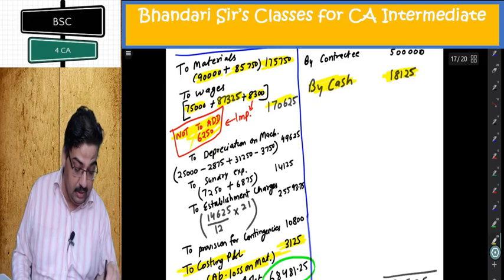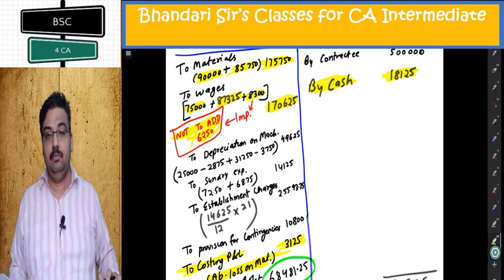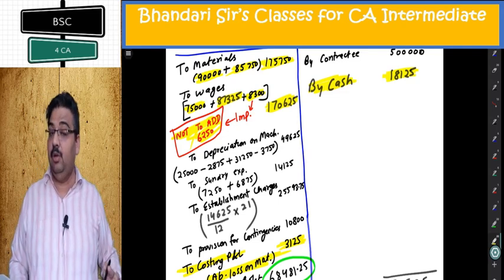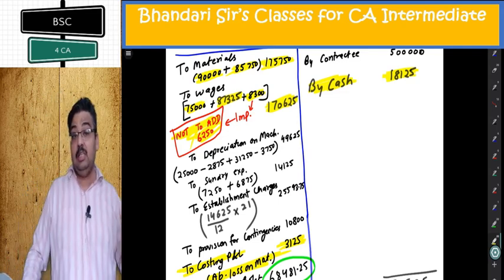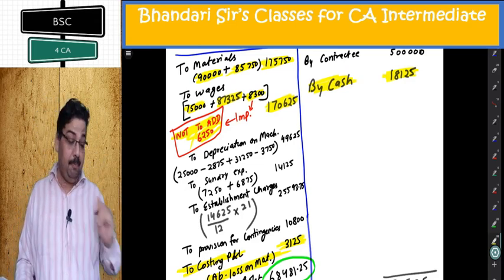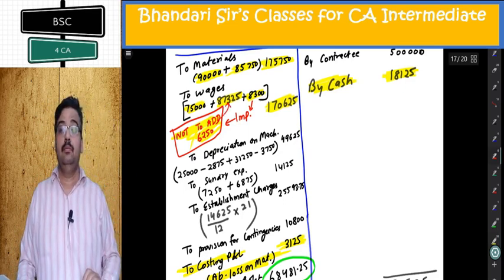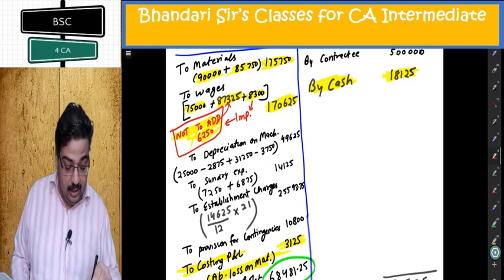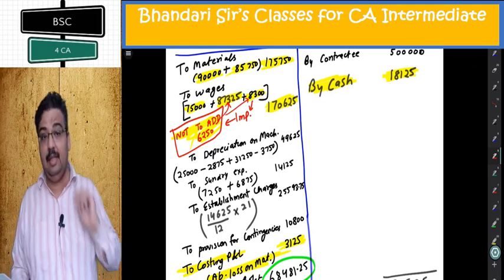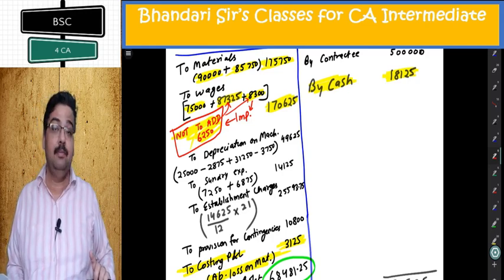Once you add, you get 1,70,625. I'll explain another way, to understand logically. Why didn't I add 6250? At the end of the first year, 6250 is outstanding. Now, either it is paid in the next 9 months or it is not paid. If it is paid, then it is included here already. If it is not paid, it is included here already. In one of these two items, 6250 is already there. So if I add 6250 also, it will result in duplicacy.